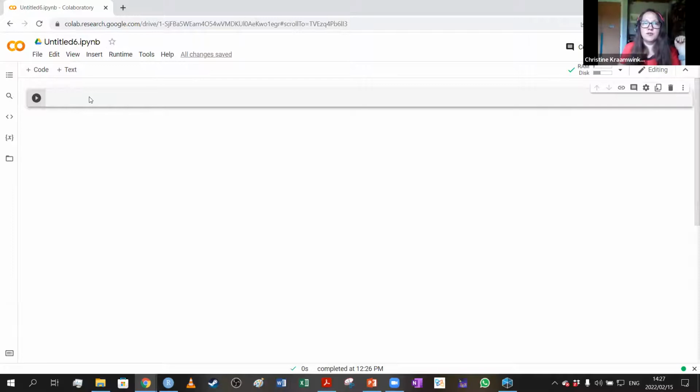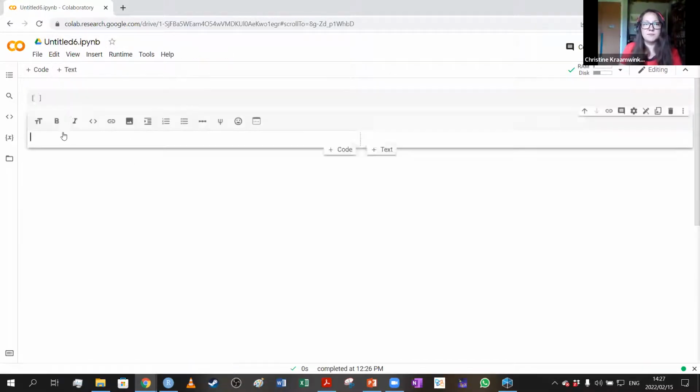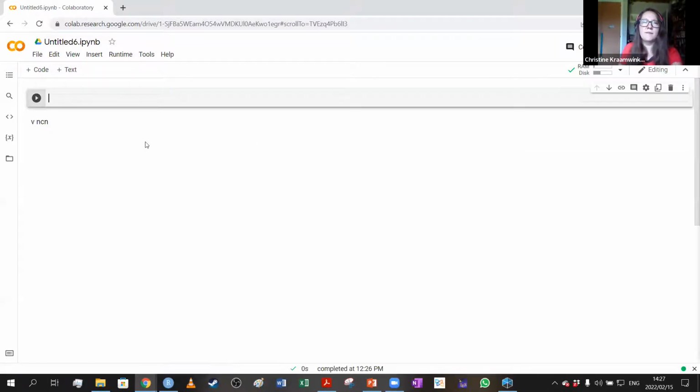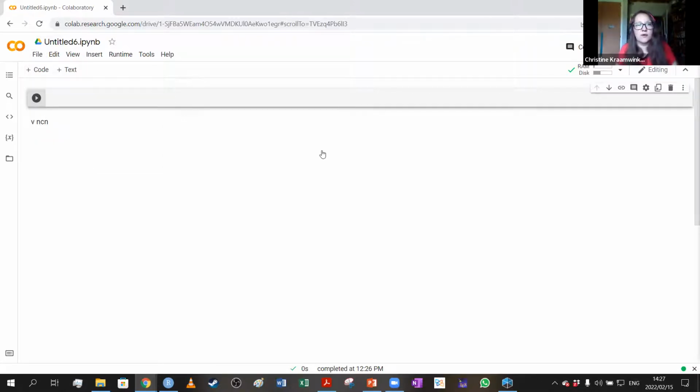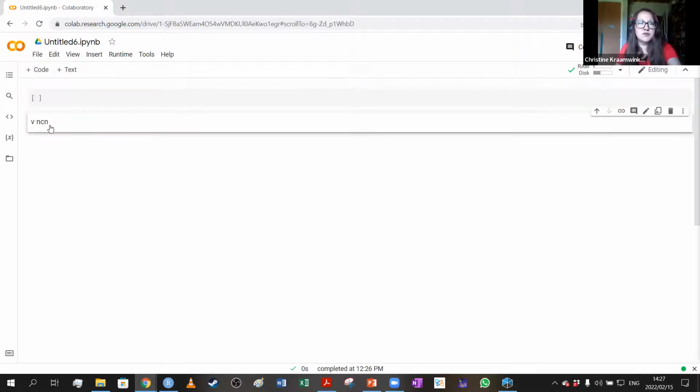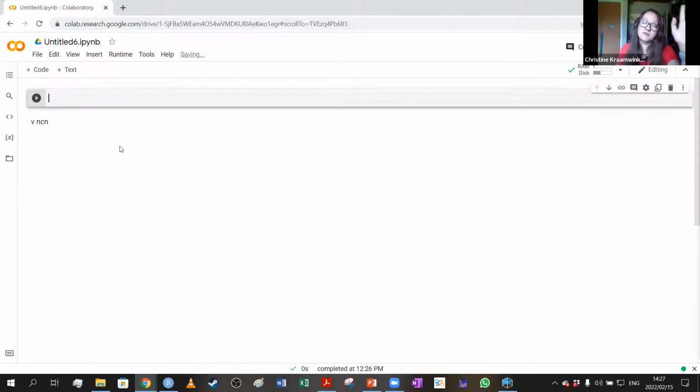So what you would do is just type your code in here. You can add text as well, so you can add a text box where you can type other things. That could be quite useful. If you then want to save it, you can save it to your drive, or you can copy all of the text at the end and save it into a text document. That could work as well. So I'm just going to remove this. Oh, no, it doesn't want to remove, so we'll just leave it.